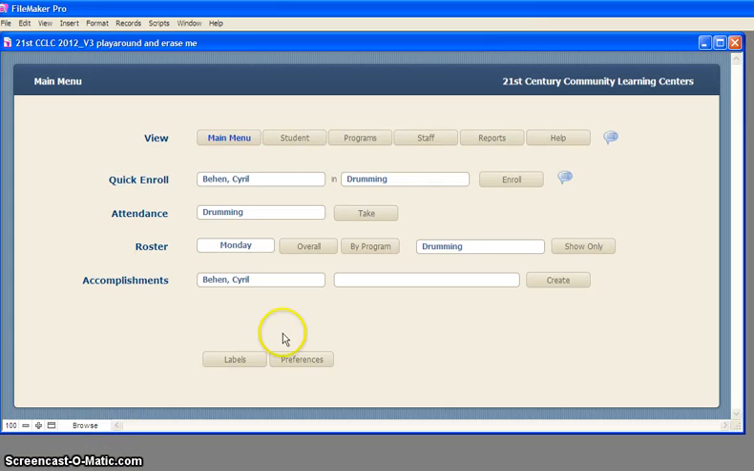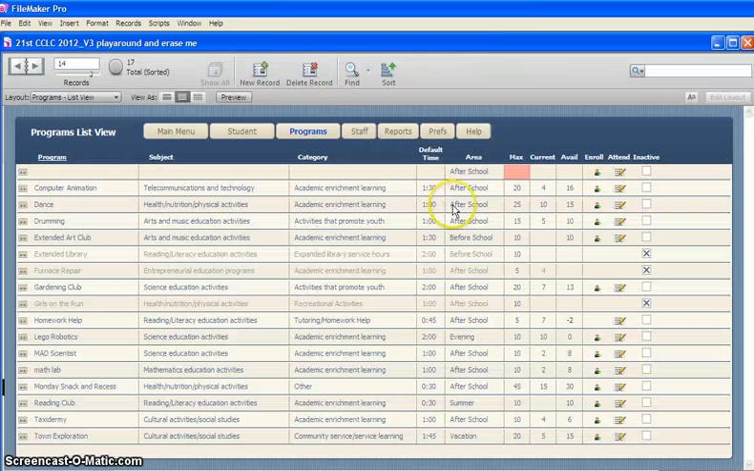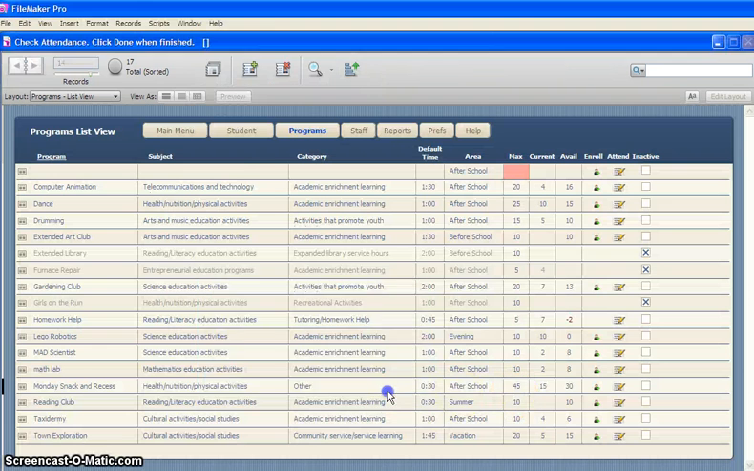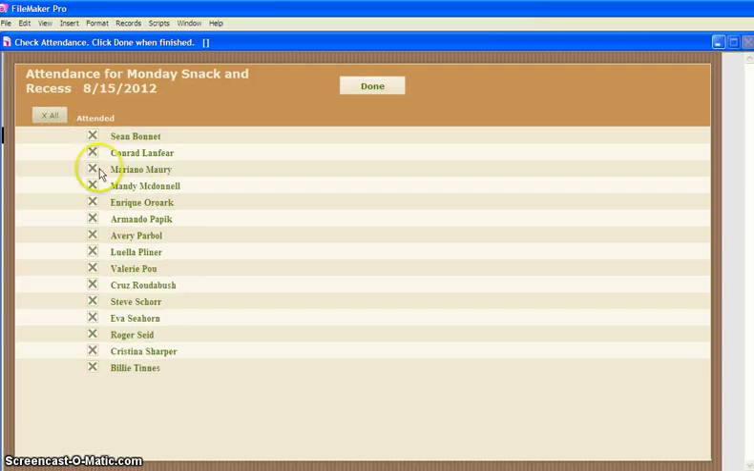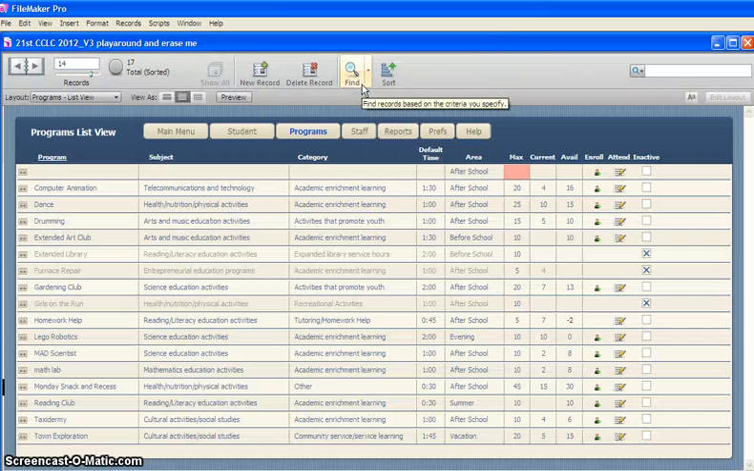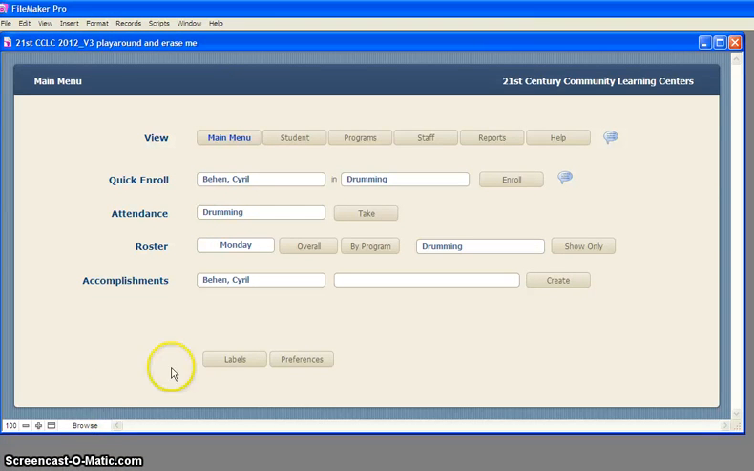Finally, and this is very important, I want you to understand about unchecked attendance records. So when we enroll our students, we're making these records. We go into programs, and let's say Monday Snack and Recess, I'm going to take attendance for today. And for whatever reason, a lot of students aren't here. So when we hit done, the computer will take attendance records for those that are there and for students that are not there. So I know that Cruz was not